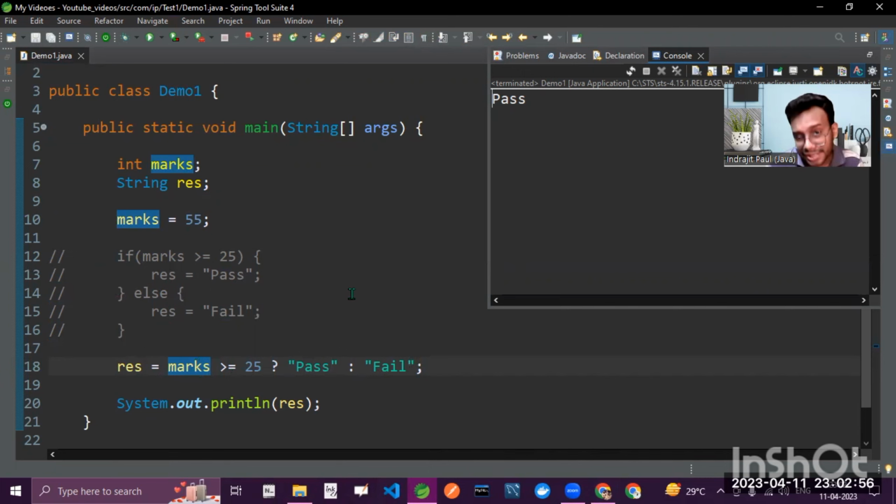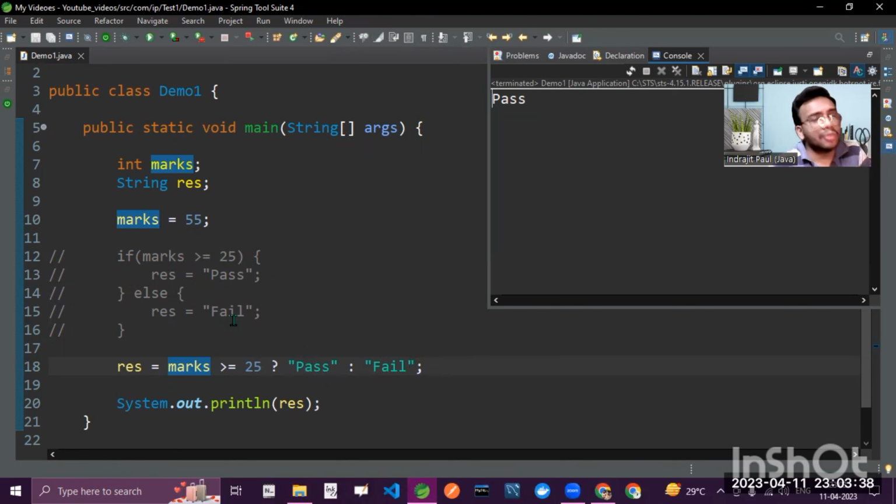But although I should mention here that all the if else statements cannot be replaced by a ternary operator, right? And should not be, because in certain scenarios, if we try to do those things with a ternary operator, it may give unnecessary complexity, readability of code may decrease, and it can also be error prone, right? So let me just say that if there are multiple statements inside the if block, then definitely the ternary operator is not a good choice, right? So